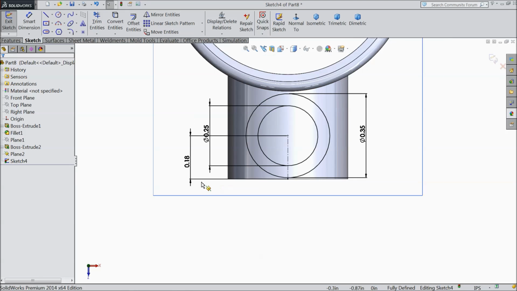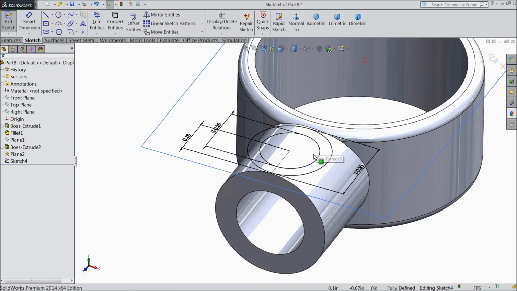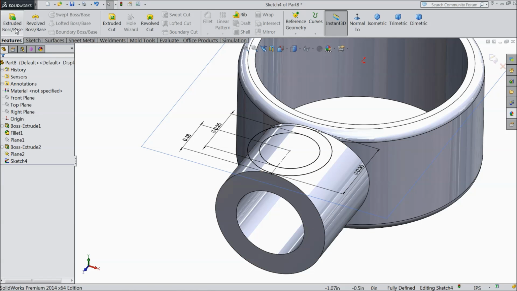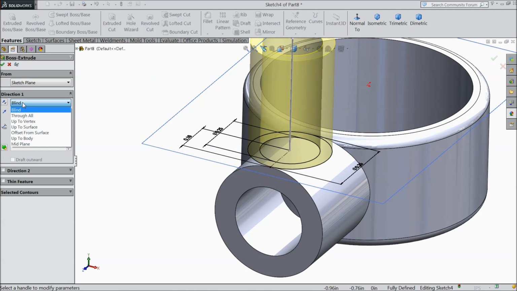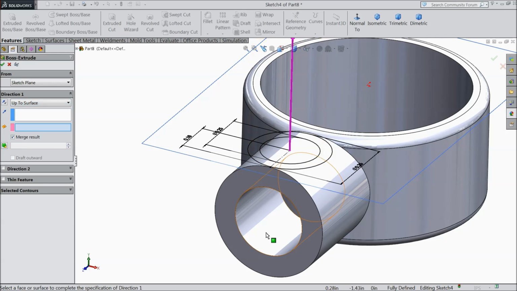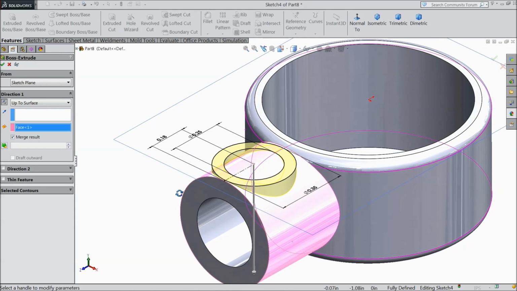Okay, now let's extrude it and here choose up to surface. Select this as a surface body. Okay,